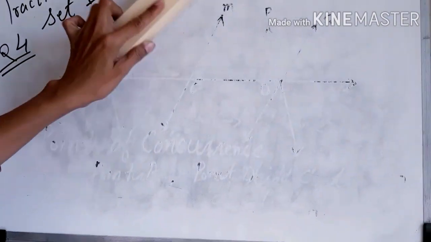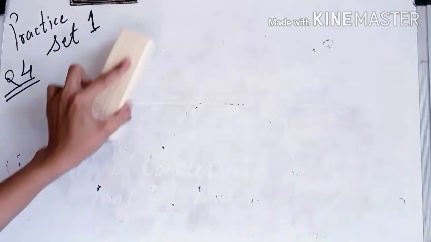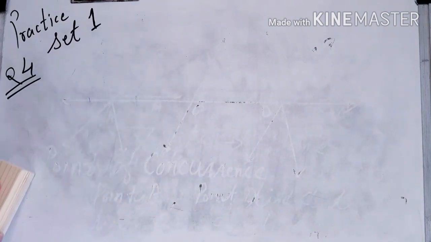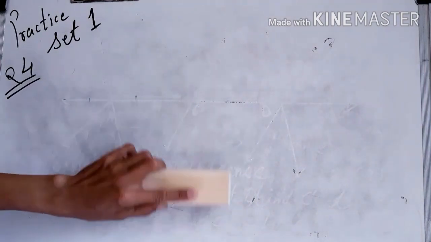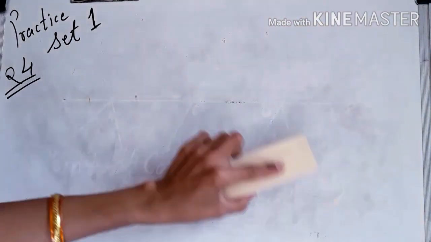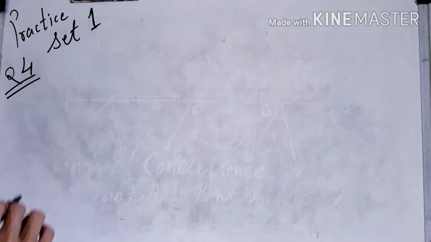So here we have completed the practice set 1, and also we have completed our chapter number 1. So in your maths notebook you have to write some main points, whatever I will send you, the definitions of line, line segment, ray and so on. Also you have to solve the practice set 1.